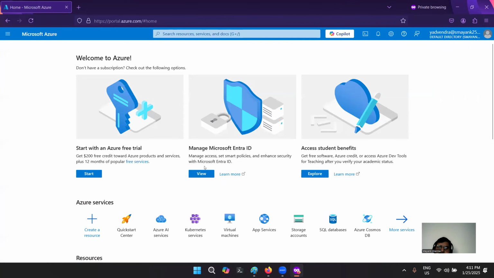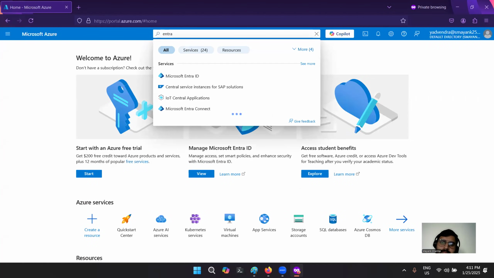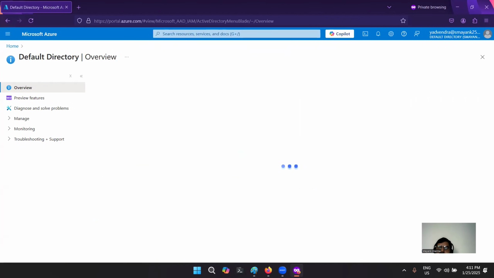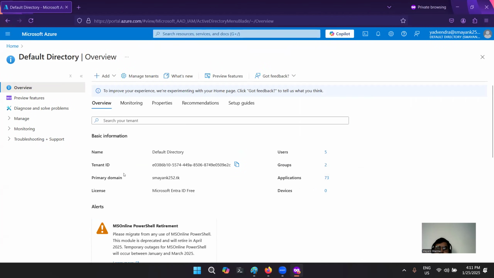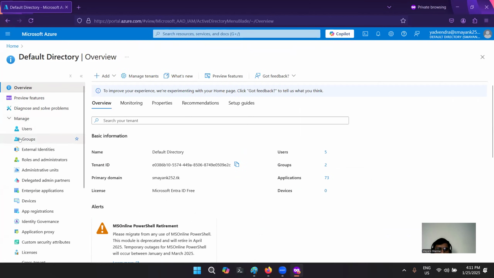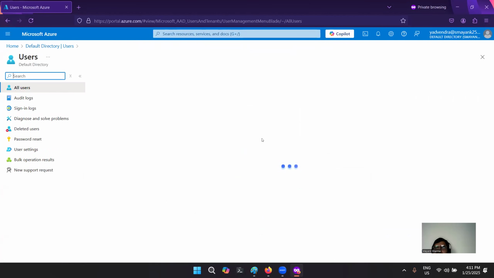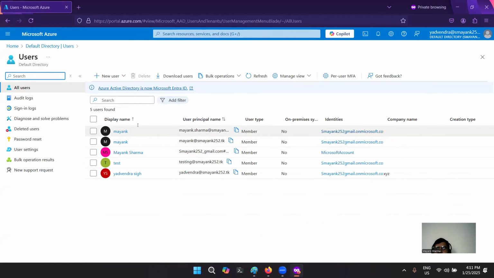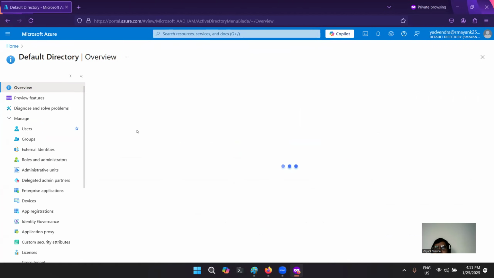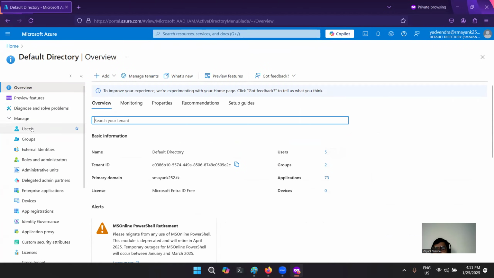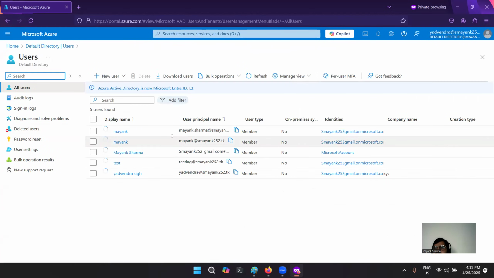But you are able to see Microsoft Entra here. You are able to see the number of users. You cannot change anything on this. Like you cannot create any user, you cannot add, manage or edit any user. But you can view everything in Microsoft Entra. So this is how you can create a normal user who is enrolling into your organization as a full-time employee. This is the first thing.